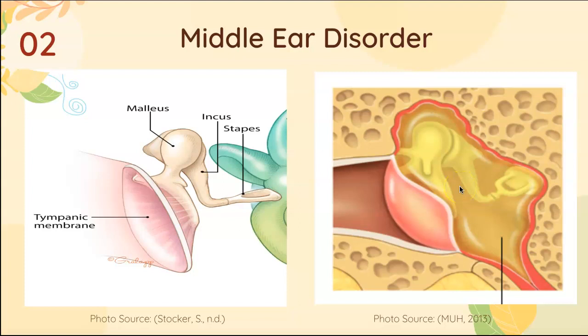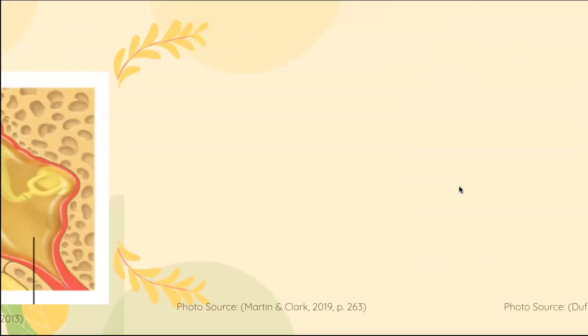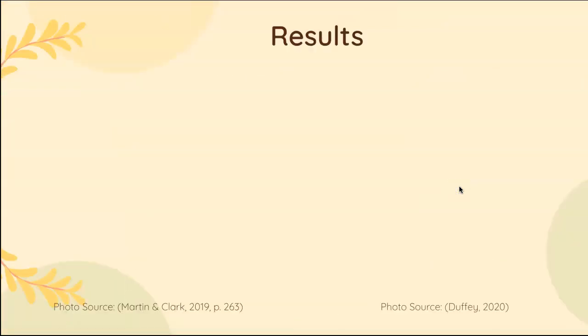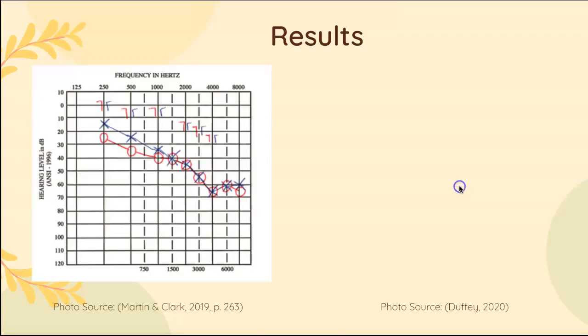a myringotomy, something like that, which is a small incision in the tympanic membrane to release the fluid and pressure from the middle ear. Again, it's myringotomy. I do apologize, these words are difficult. But the results for that middle ear disorder, so serous effusion, usually is aligned with conductive hearing loss, and this